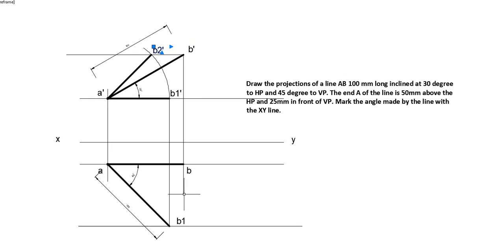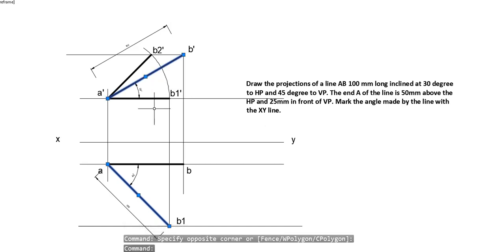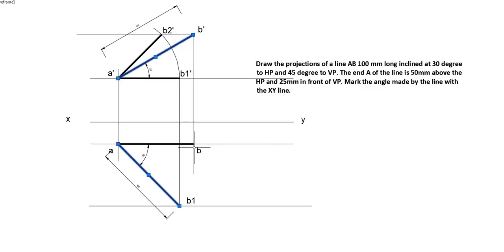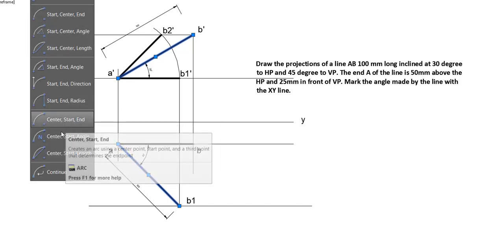Again, a similar procedure is to be done. This line here has the information about the inclination with the vertical plane, and this line has the information regarding the line's inclination with the horizontal plane. All I have to do is transfer the information here to this particular line. We already have the locus here. All you have to do is project it downwards. You get this line's top view here and just draw an arc. Okay, so let me draw an arc here.